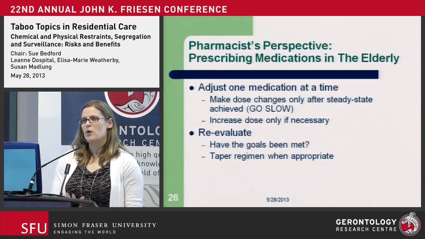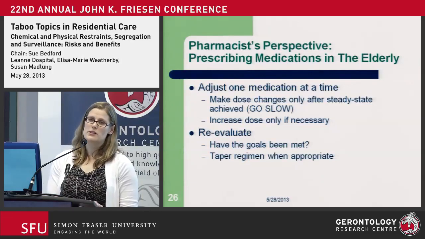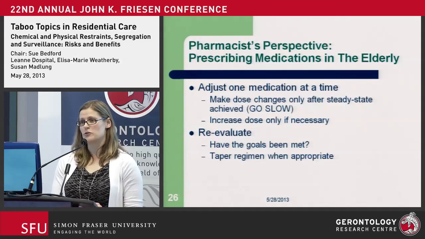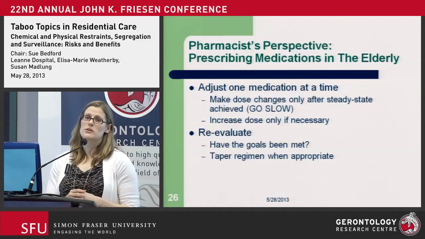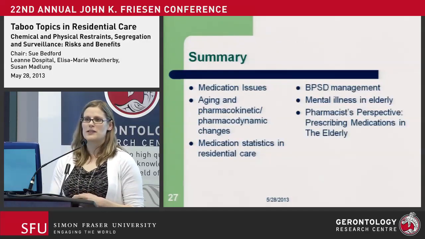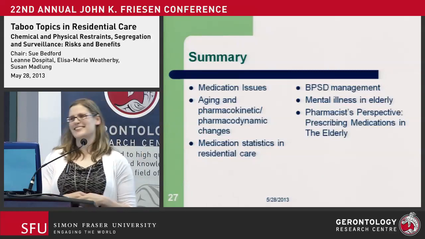And then finally, always reevaluate. Have the treatment goals been met with this medication? If not, we probably should be stopping the drug. And then even if they've been stable for a while, we should consider tapering it, because that's the standard of care now. You don't just leave someone on a medication for all eternity because they did well on it for a short time. We have to give them a chance and take them off it, because as the dementia progresses or certain disease progression, you often don't need as much medication overall. And that is just a review of medication use in the residential care elderly population from a psychiatric background, actually.